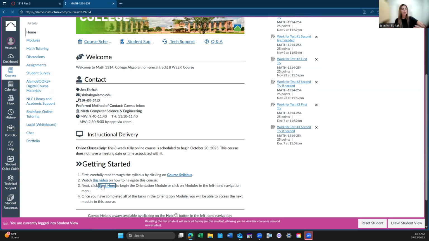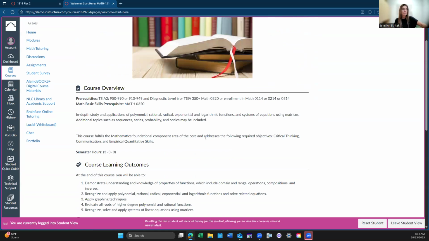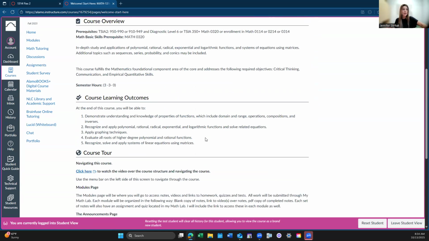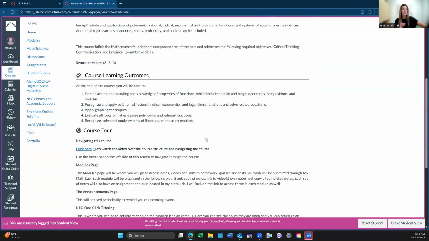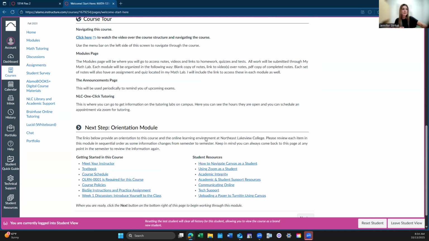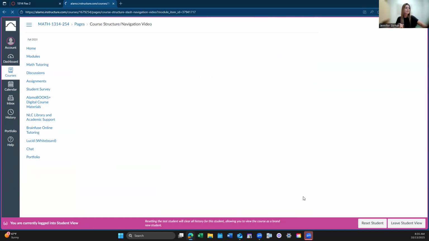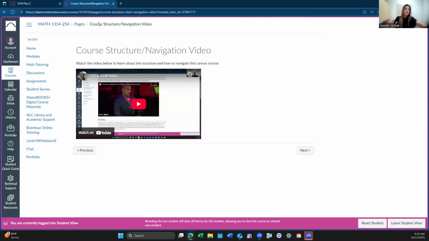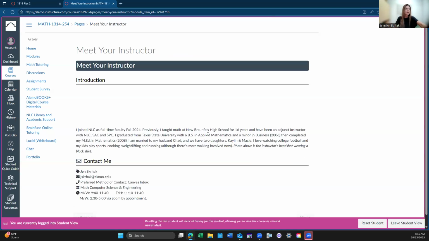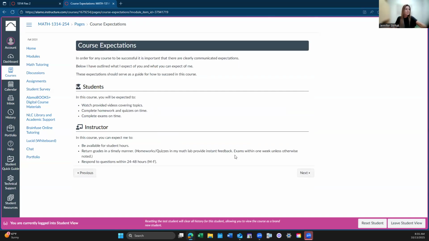The orientation module will walk you through everything you need to know about the class, what we cover, the schedule, grading, all of that. So I'm not gonna read all of this to you. You can go through and read it. I can't see my next button, because my computer's in the way. There's my next. All right, so this is the video that you will see here shortly. I'm gonna skip it since I'm making it. Then a little bit about me, which you can read. And what's expected,